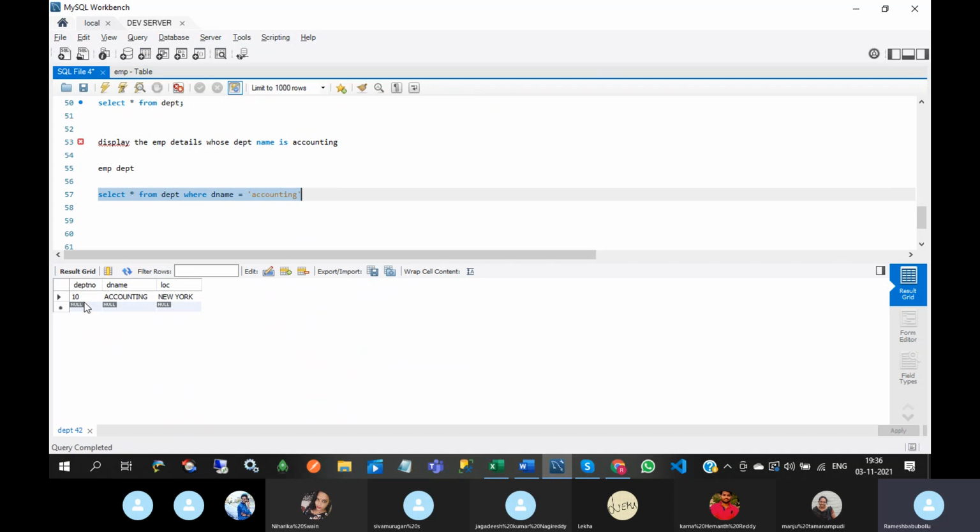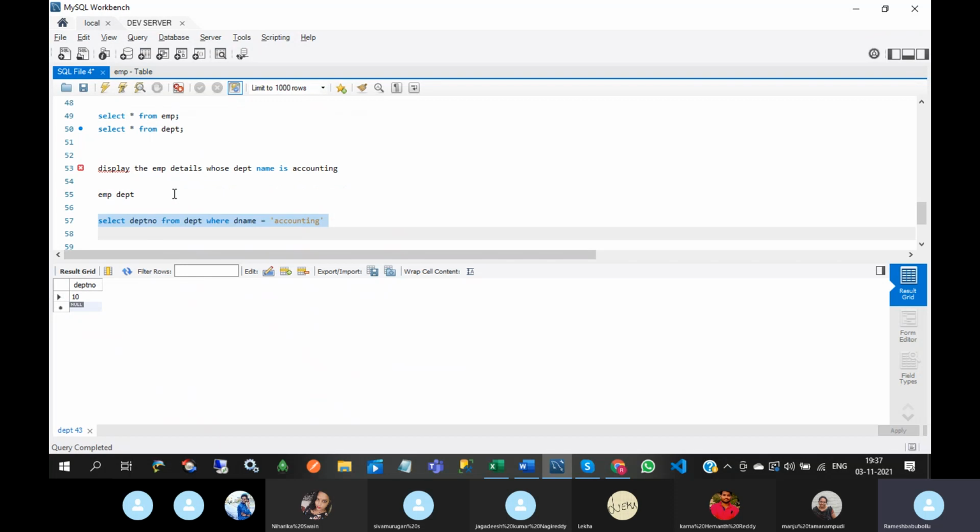We will get all the department details, but I don't want all the department details. I want the department number only. So if you write like this, then we will get the department number.